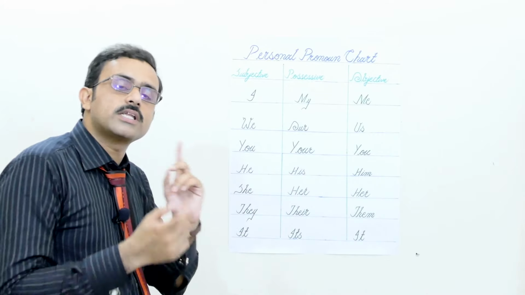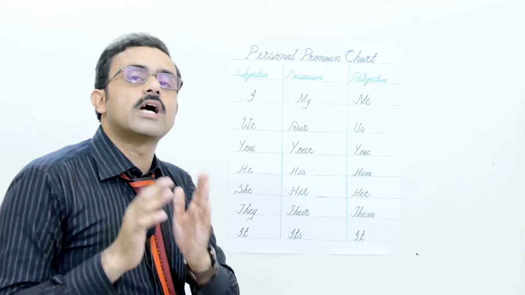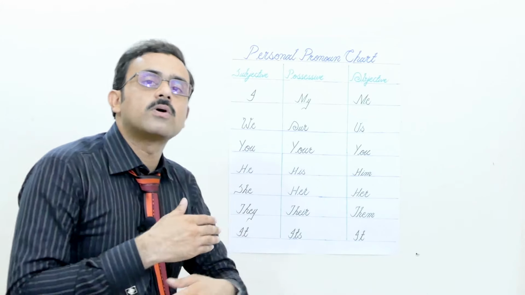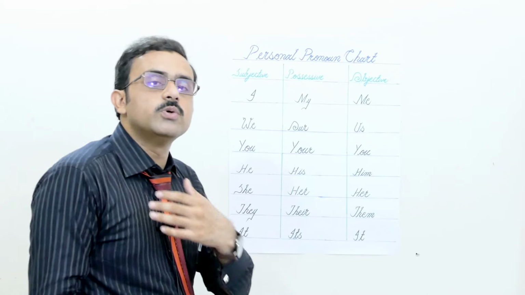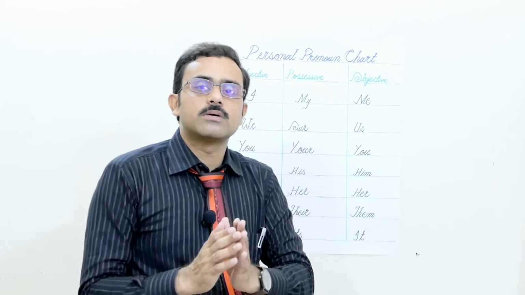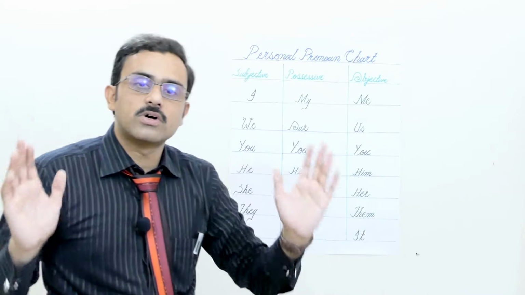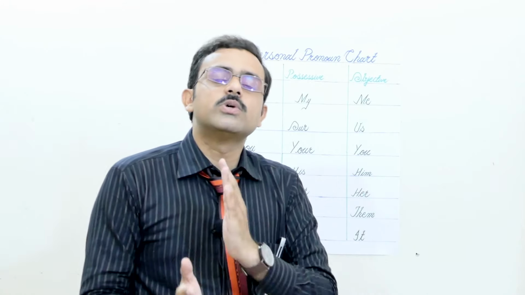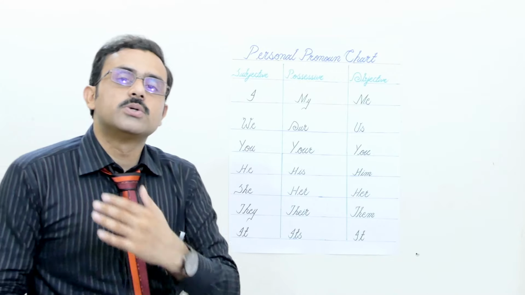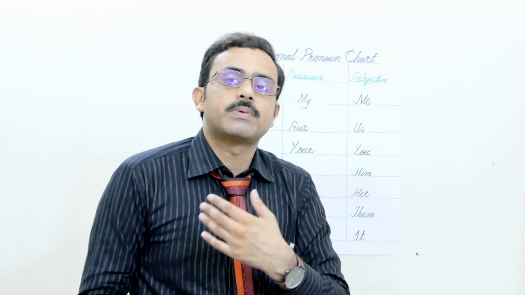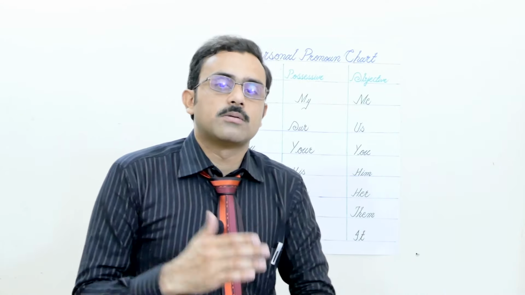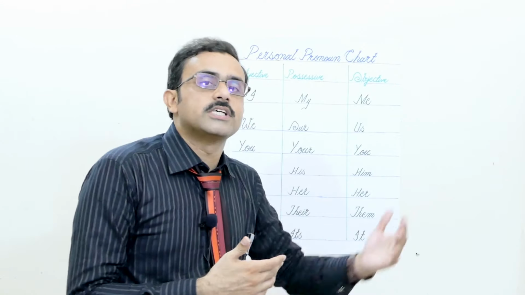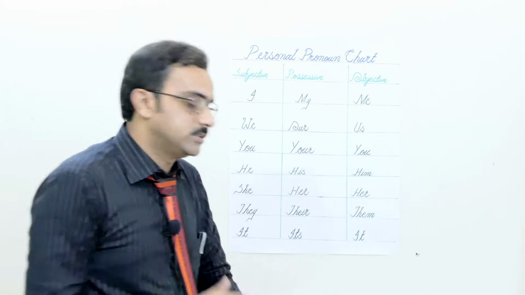Look at that chart carefully. It would help you to make your concept clearer and easier. So if you watch this video completely, and if you observe all the changes, all the rules, all the discussion, you would easily be able to understand active voice, passive voice, the grammar topic. Got that? Now we are moving towards the verb change, chart of verb change.